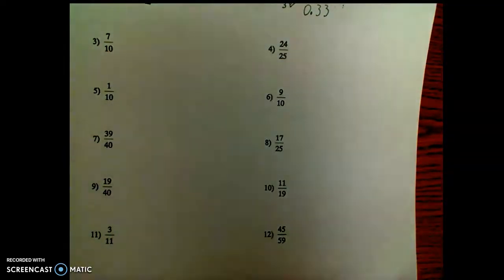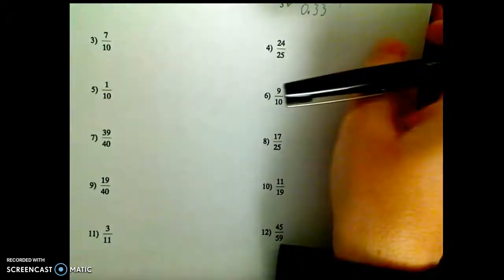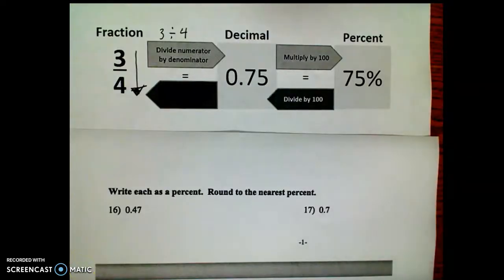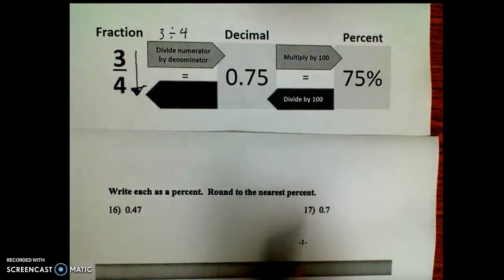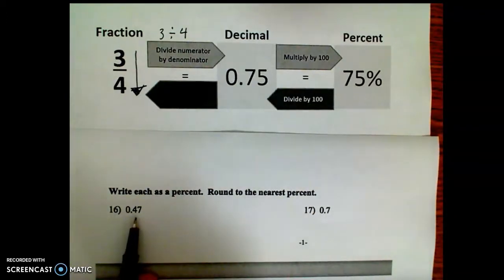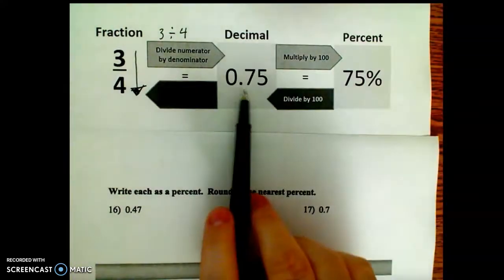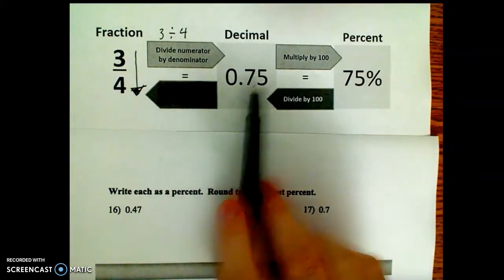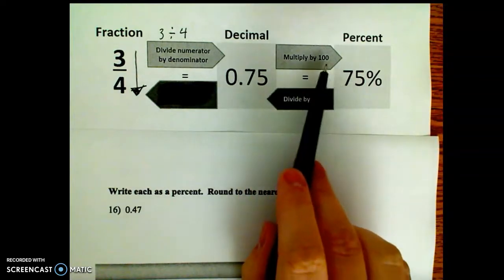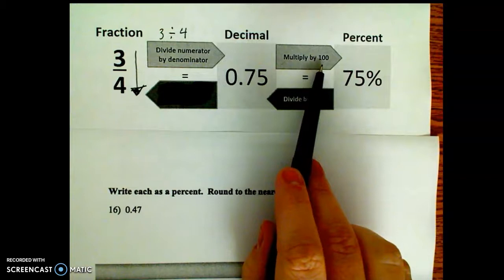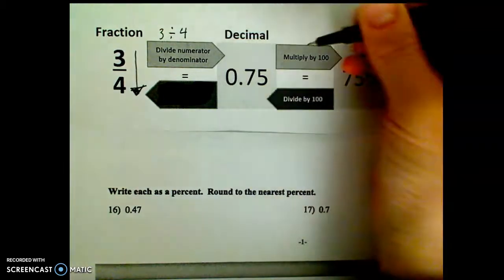Now that you're back, let's do the next section together. We'll look at the next page. Now this time I have a decimal, and my directions are telling me to write it as a percent. So let's look at our directions. Here is a decimal, and if I want to move it to the percentages, it says I need to multiply by 100. So in my calculator, I'm going to write